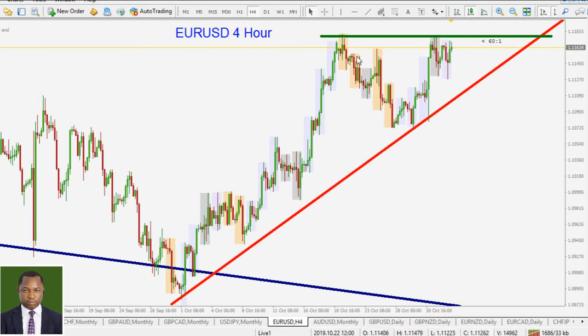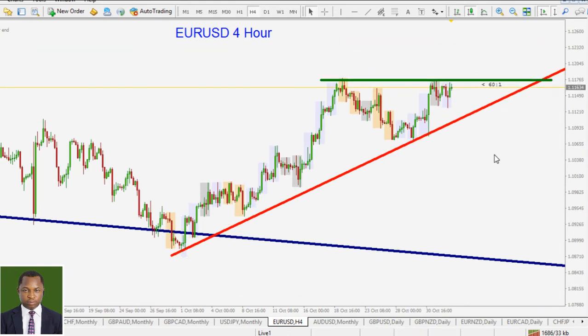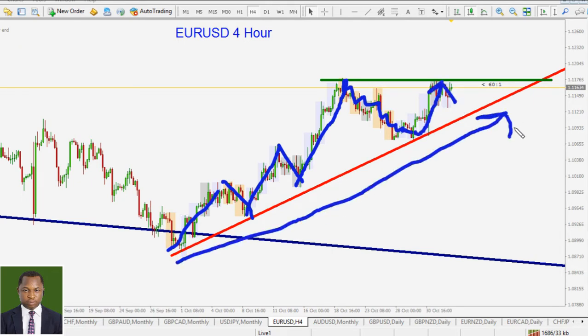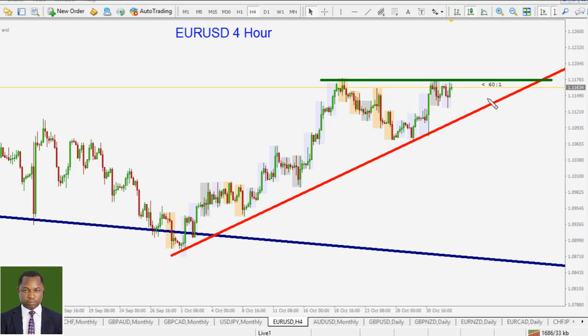All right, so the trend here is to the upside. Okay, don't confuse the trend direction. Even though we got a little bit of wobbly price behavior, the trend is still to the upside, and this is the trend line. So it is trending to the upside, and we should trade in the direction of this trend by looking for buy opportunities. So if price is able to break above that level of resistance, we should be looking for continuation moves. Okay, that's it. Nothing else.